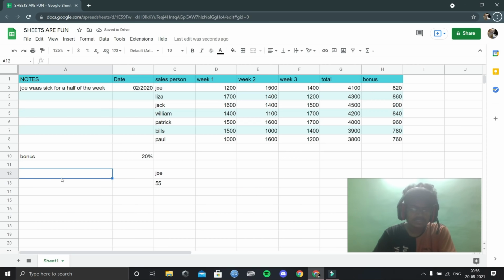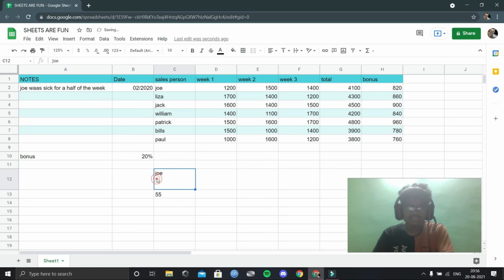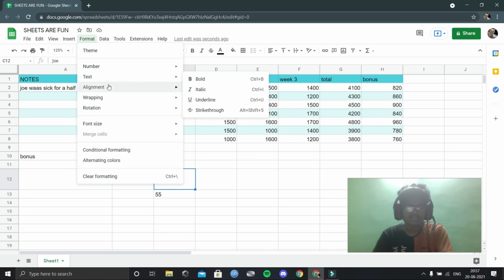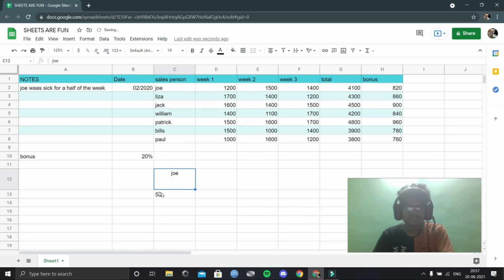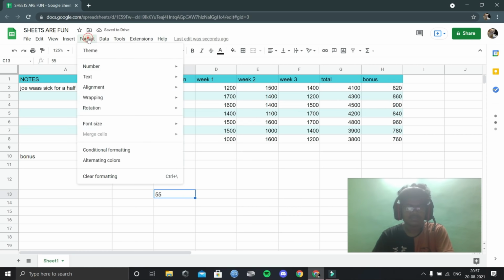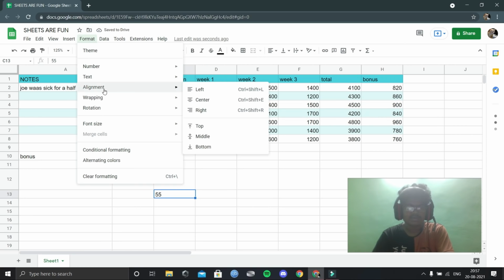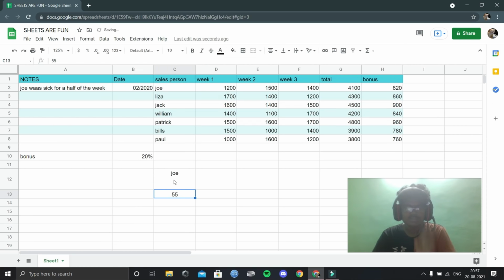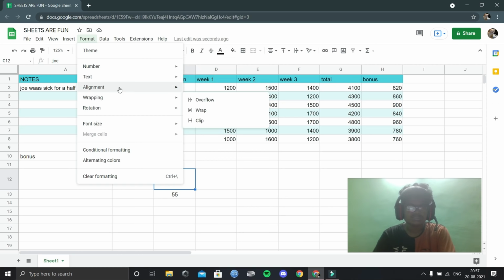For this purpose, I need to extend this to row 12. Just C12, I'm extending. See, I'll align to center: format, alignment, center, and this separately, format, alignment, and center. See, you can see the Joe over the top of the cell. And if I want to align towards the middle again,